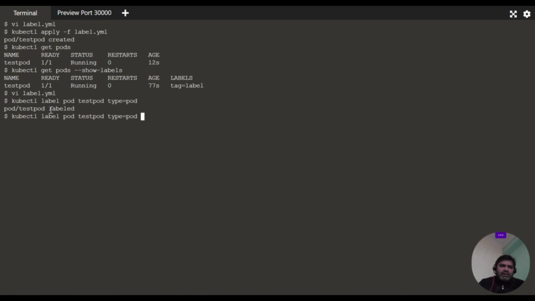So let me fire this command again. What command? kubectl get pods --show-labels. You can see now here tag is equal to label, and type is equal to pod, which I have just applied here. Type is equal to pod. Now if you want to apply two labels at once,